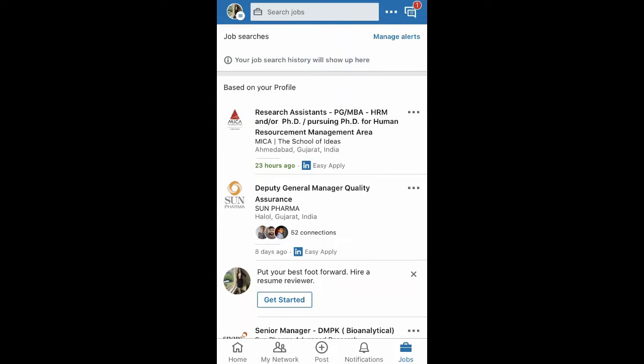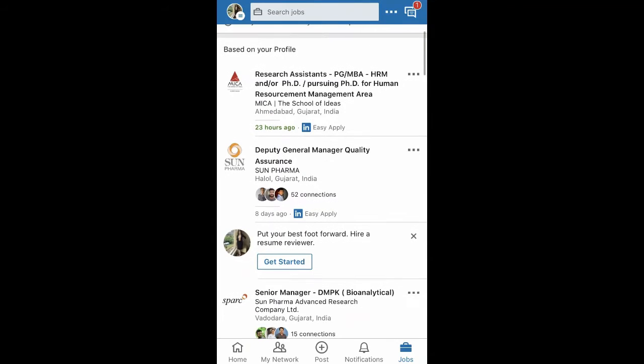Because if you apply for jobs via the recruiter's website, for example, if you are applying for Sun Pharma, you will need a cover letter in PDF copy for the application when you visit the Sun Pharma website. So that is why you need a cover letter.